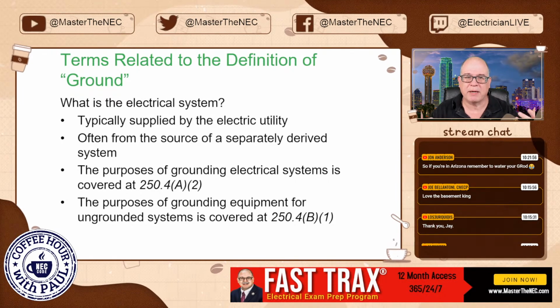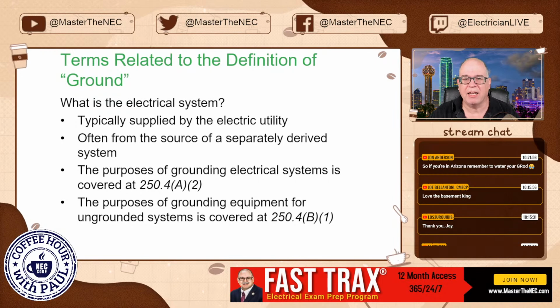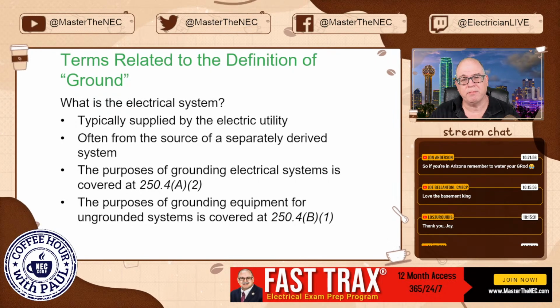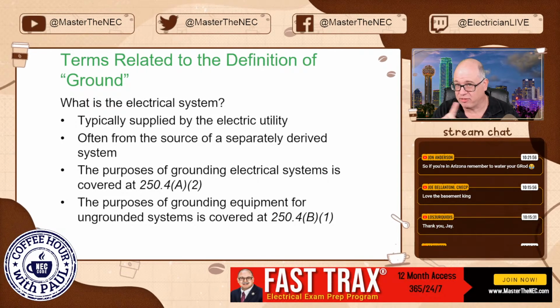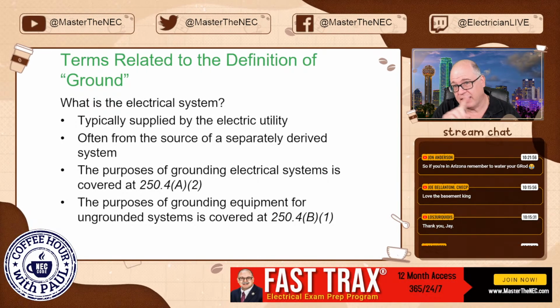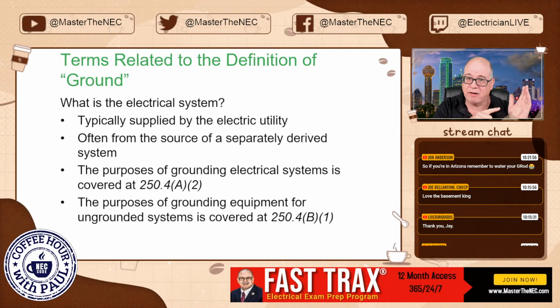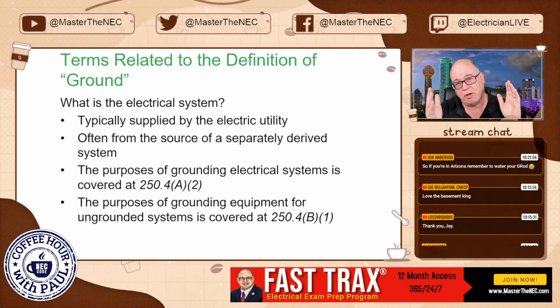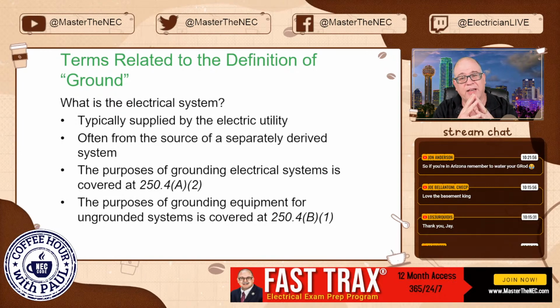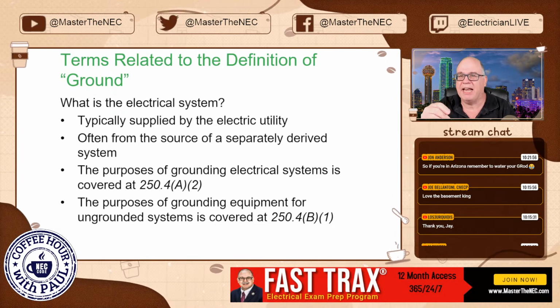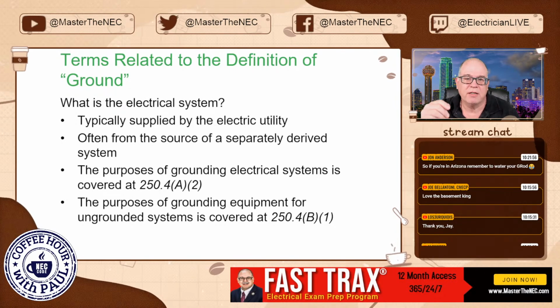So those typically will supply electrical to the system. PV, okay, separately derived system, okay? Being careful with how that's done. If you go through the inverter, and again, their connection is made on the secondary or the primary side of the inverter to the load side. If they're connected together, then it's probably not going to be separately derived, okay? But you have to look at it and see what you have to determine it.